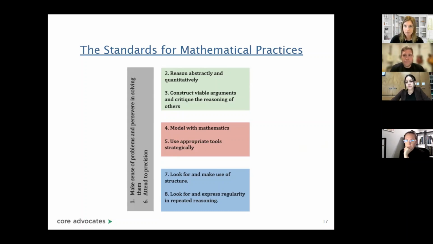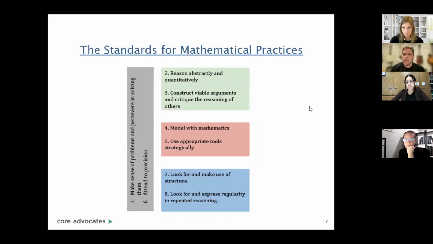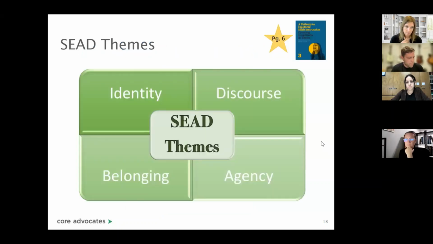there's a link right at the top, and I think that will be chatted out. We're not here to spend too much time going in depth with the standards for math practices. That would be outside of the scope of what we're doing. But if you are interested in wanting to learn more about them, there's a fantastic resource that can be linked that you can check out and dig a little deeper. And we'll talk more about them as we continue on with our session here today.